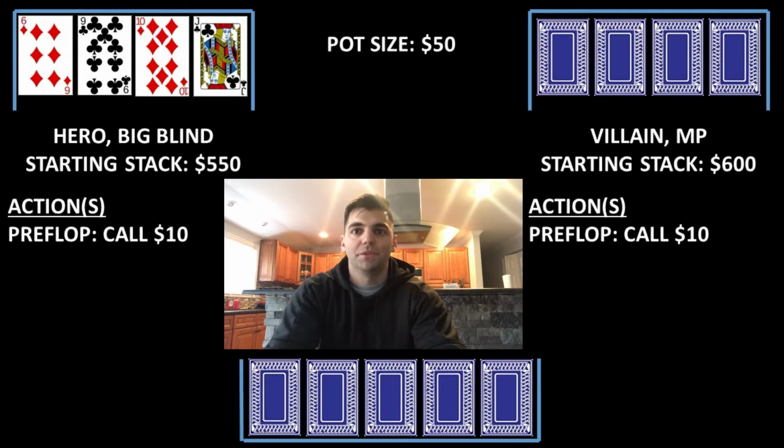All right, hand number 2 here, and I think this one's a pretty interesting one. I am in the big blind with about $550, $600 starting stack, and there's a limp. Under the gun +1 player raises to $10. Middle position calls, cutoff calls, small blind calls, I call, and the limper calls. So there's $50 in the pot,